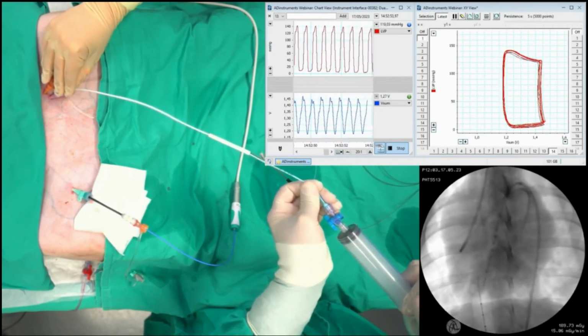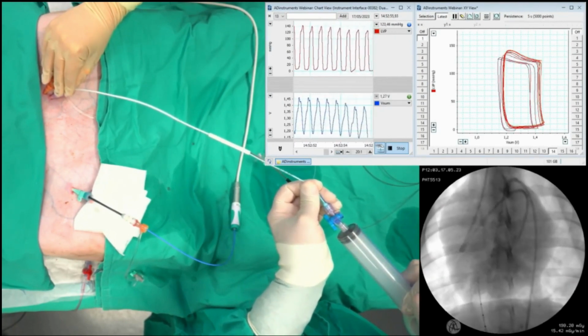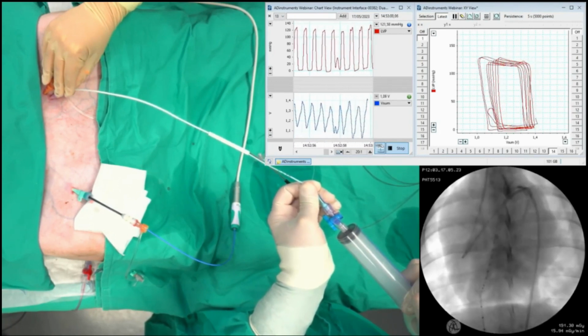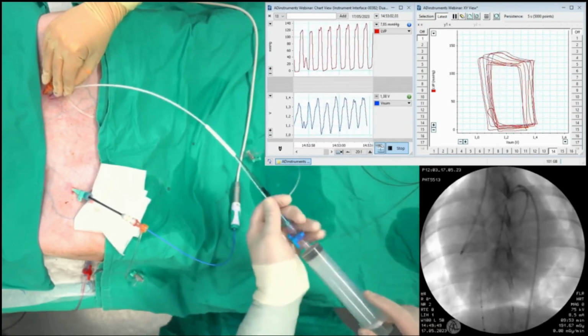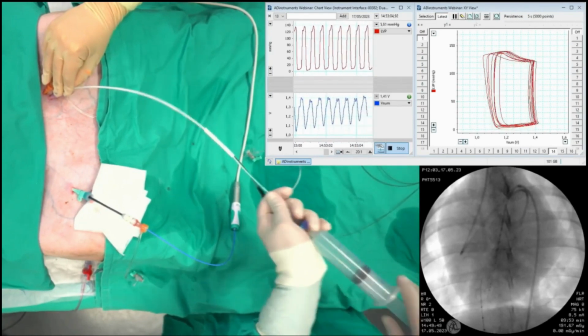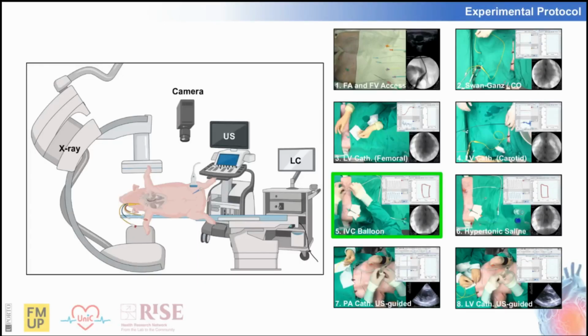Then you inflate the balloon with air. You see that the balloon is wide on the inside. And then you have your end-systolic and then diastolic pressure volume relationships. There was a little arrhythmia there in the middle, and that's it for the IVC balloon. So going back to the slides, so we have